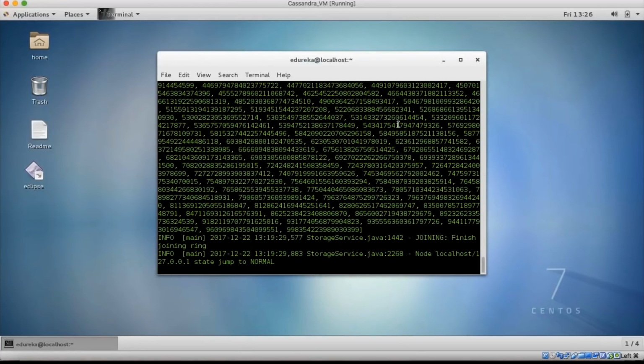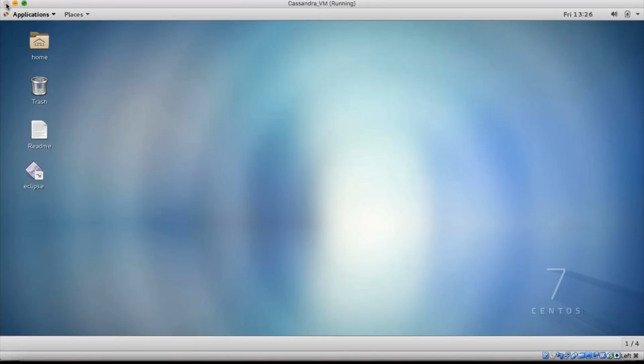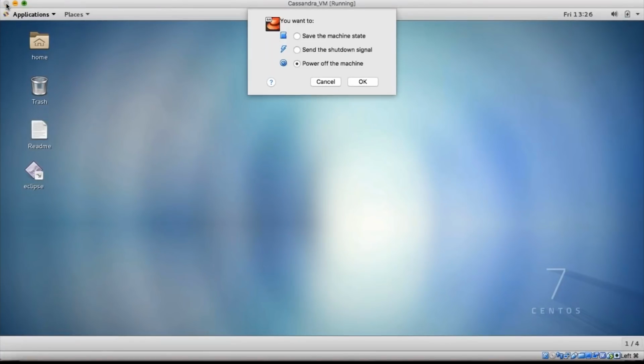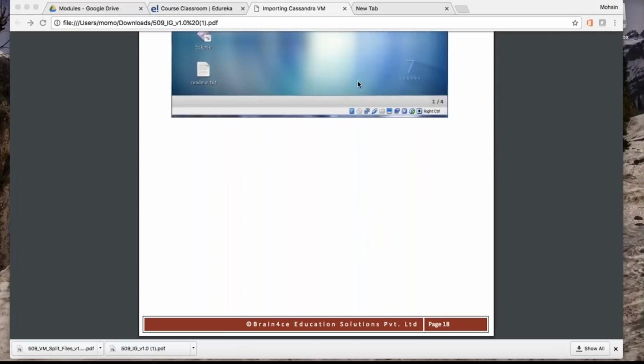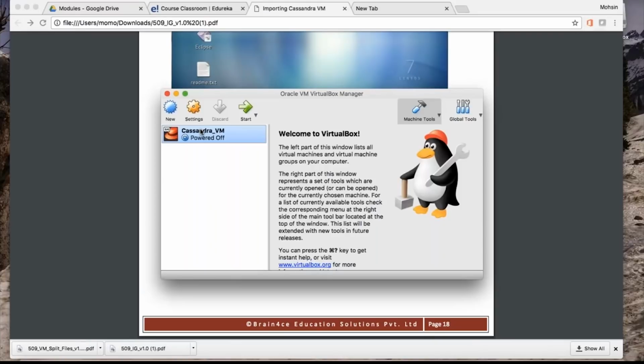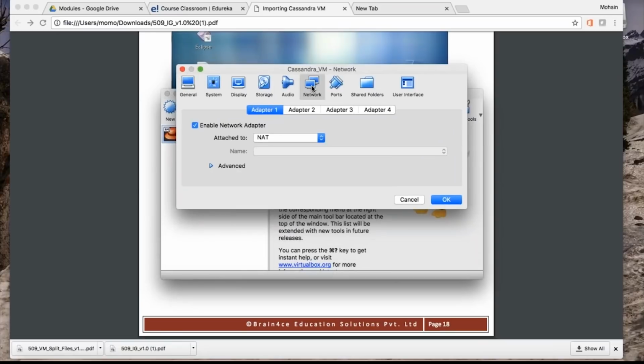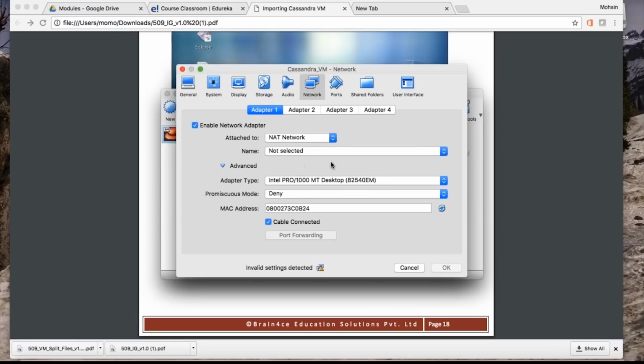Okay, let's close this off. So now, closing the instance back off, you can power off the machine. You can close this instance off. You can close the VirtualBox off. Now, there are a few settings that you might require, primarily for the network ones, in case you want to choose whichever network is applicable to you. Based on that, you can specify whether it's a bridge adapter, in case you are using one, or if you're using a NAT network, then you might have to specify it. Since I don't have any NAT networks available here,